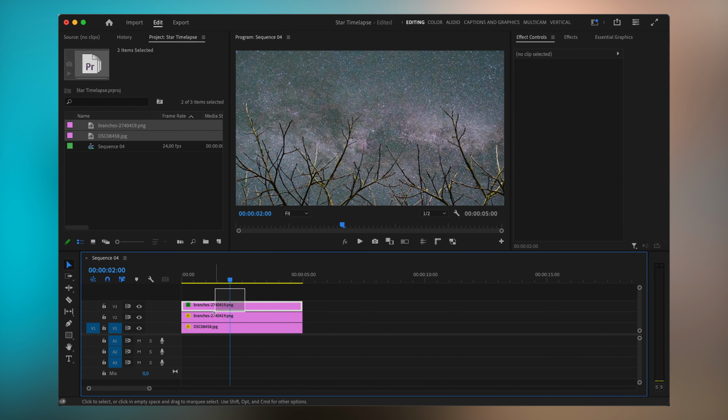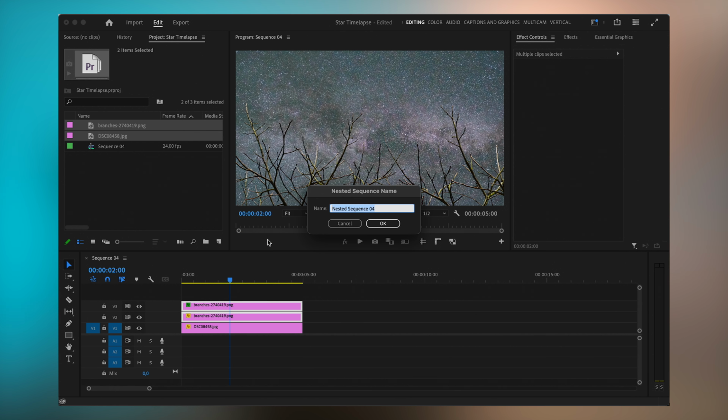Let's go ahead and position it the way we like. I'm gonna keep it like this, and I'm also going to move this a bit to the left and lower it just a tiny bit, just like this. So yeah, now I'm happy with the result that we have. The next step we wanna do is darken our branches a little bit because I feel they're too bright for the night. So what I'm gonna do is I'll select both our clips,